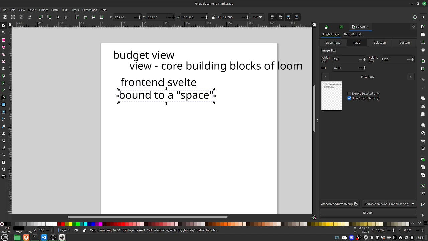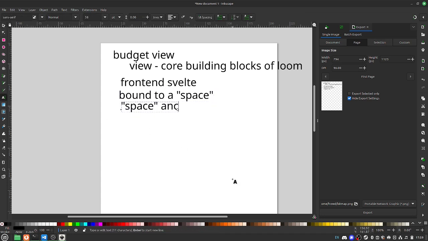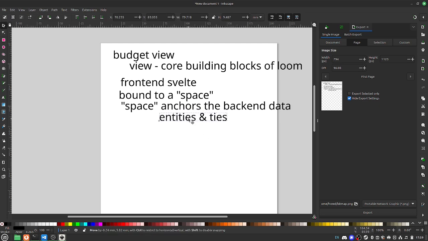And then that space anchors the backend data, the entities and ties that relate everything together. Following that very abstract data model,